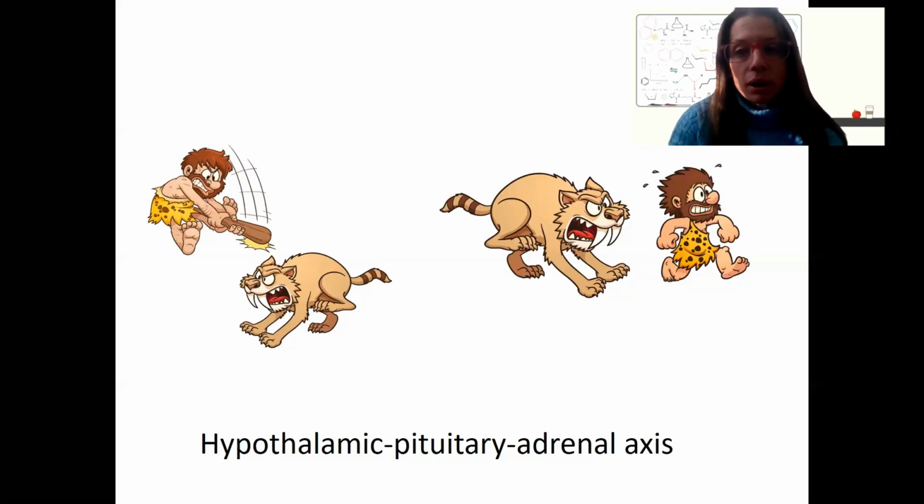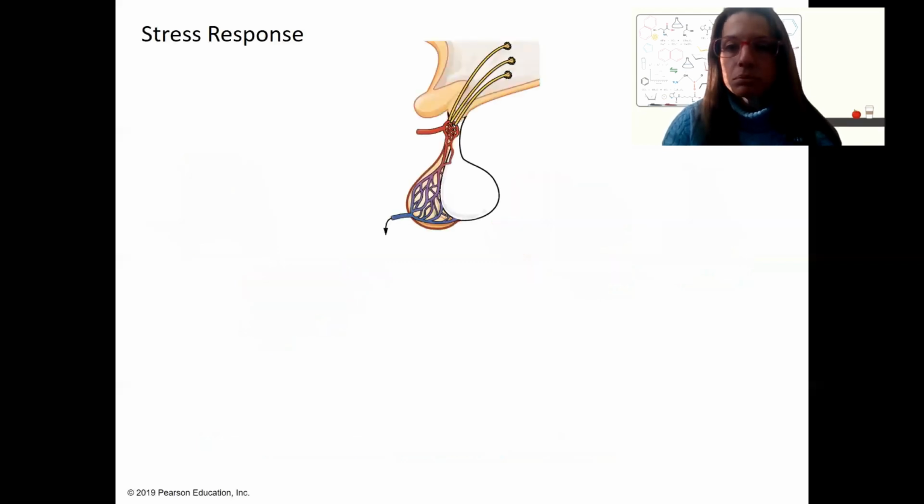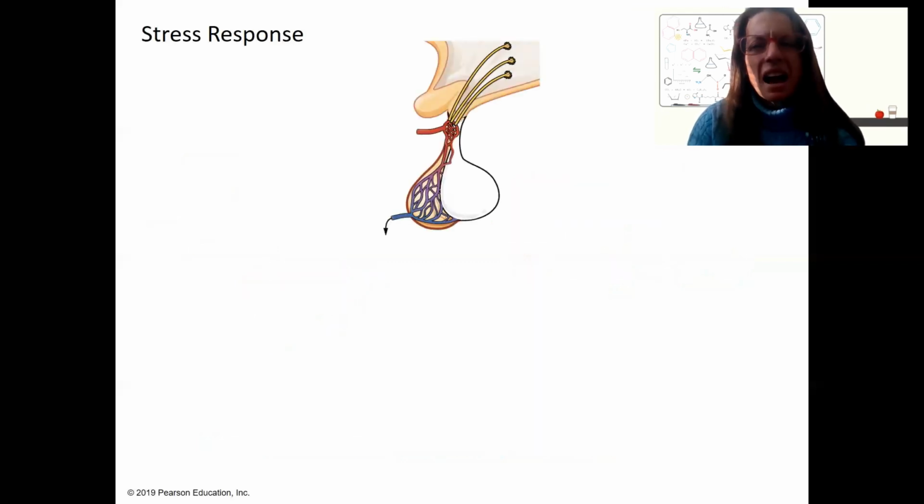So what I want to start with for the 8, we're going to focus on the hypothalamic pituitary adrenal axis, which is hormones being released from the hypothalamus, releasing hormones, triggering a response. But I want to start first with an overview of the stress response, because the hypothalamus controls the stress response in more than one way. So some of this is going to be a review, and this really helps things fit together in terms of